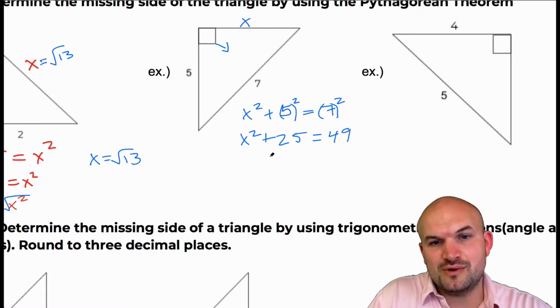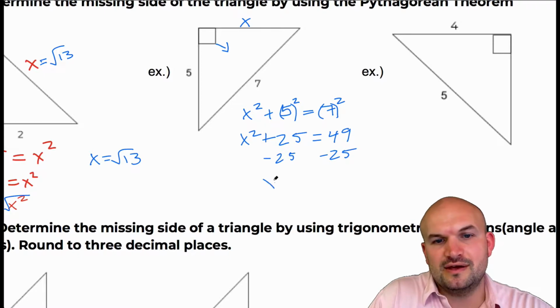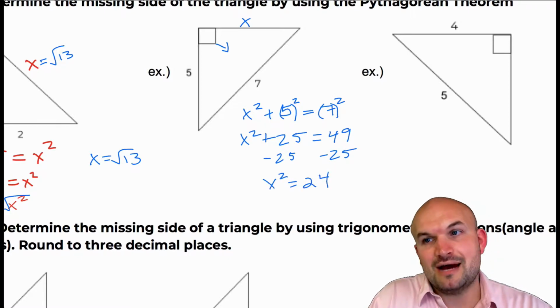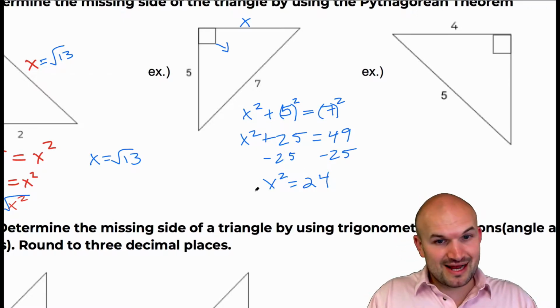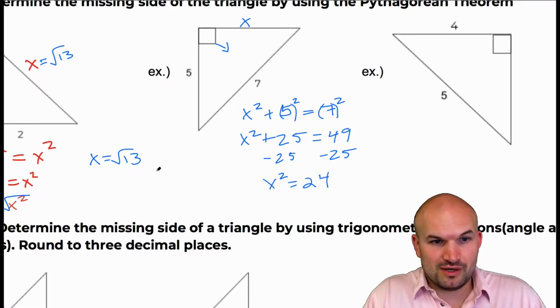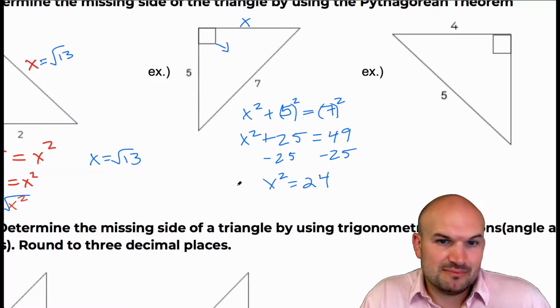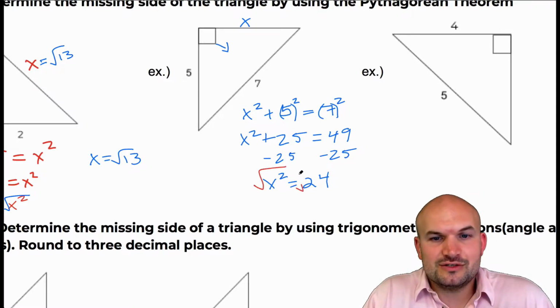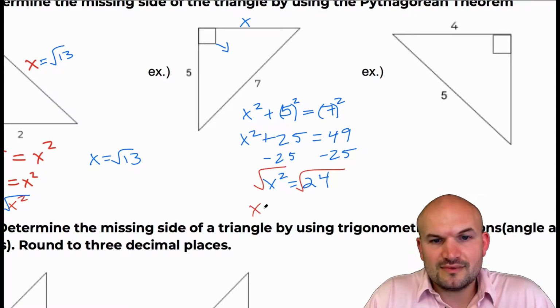Now to solve for x squared, I'm going to subtract the 25 on both sides. And therefore I get x squared is equal to 24. Now we have to go back and remember simplifying radicals, because I can't take the square root of 24 as is. Here I couldn't take the square root of 13, but I couldn't simplify it either. Well, here when I introduce the square root, I have x equals the square root of 24, and that